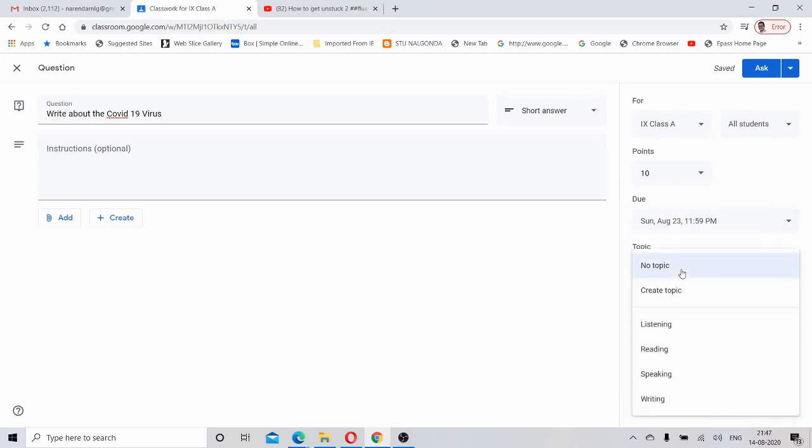Now for topic, this is about writing, so just click on writing. Students can edit answer. If I give this option, they can keep editing even after the submission. So that's why I don't want to give this option to my students.